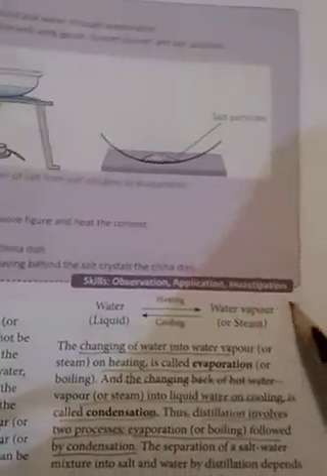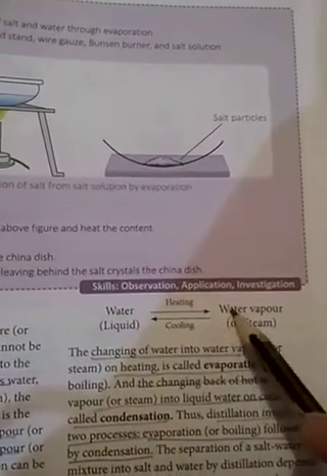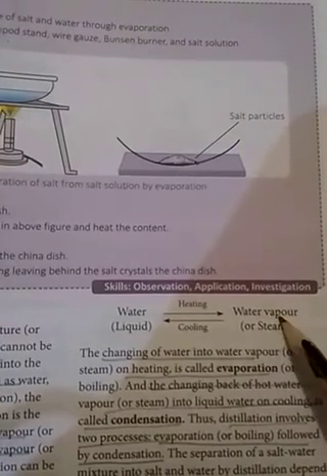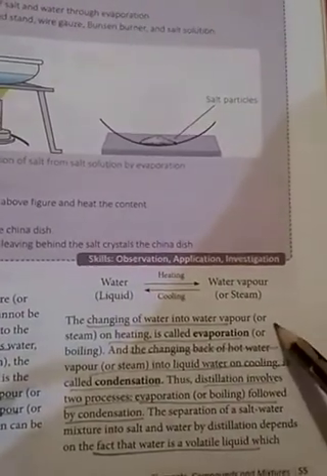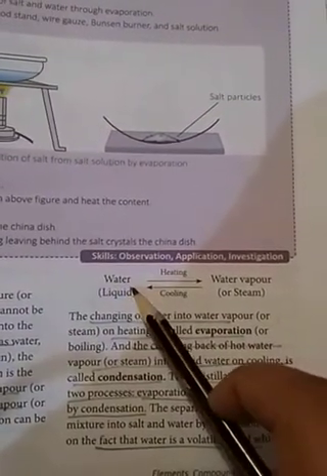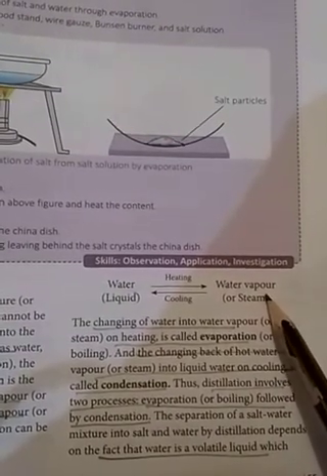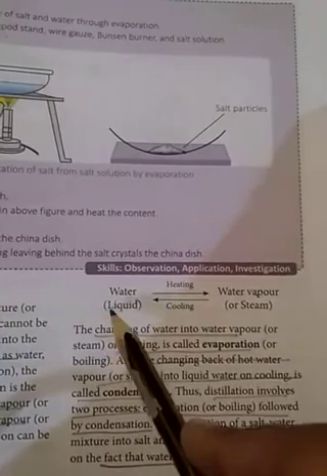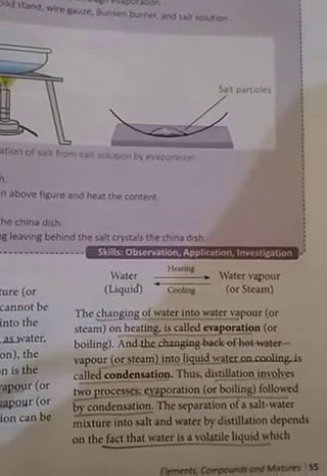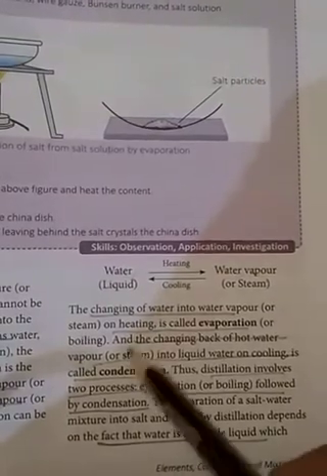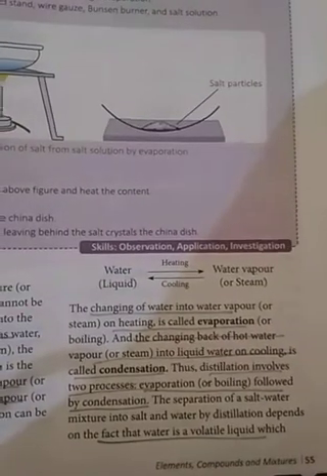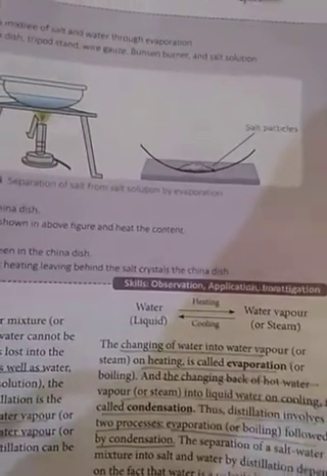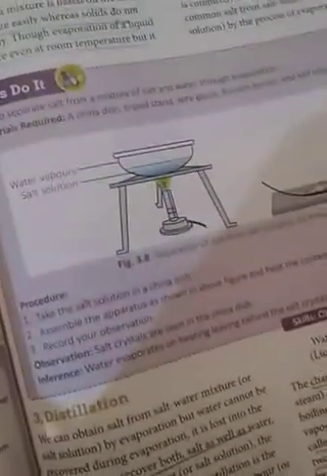Okay, so we are not going to lose the liquid. It must be clear from this equation. Here water is being heated, it is getting converted into water vapor, and then when this water vapor is being cooled, it again forms the liquid. So no loss is happening. The conversion of water on heating into water vapor is known as evaporation, and when water vapor is being cooled to form the water, this process is known as condensation. So the distillation process involves two processes, that is evaporation and condensation.